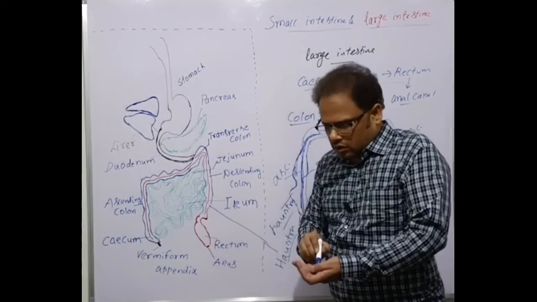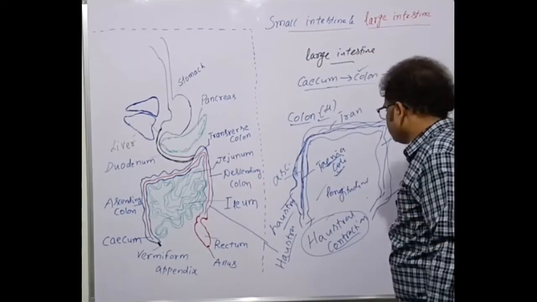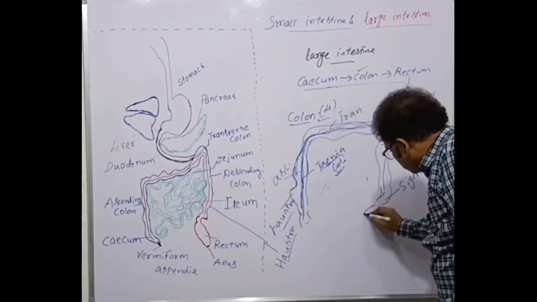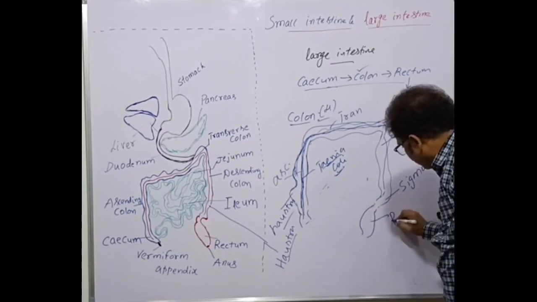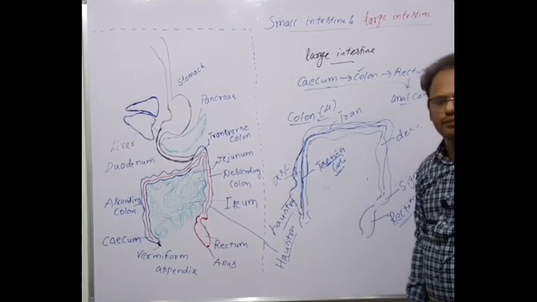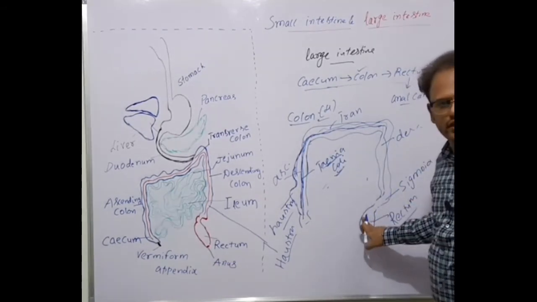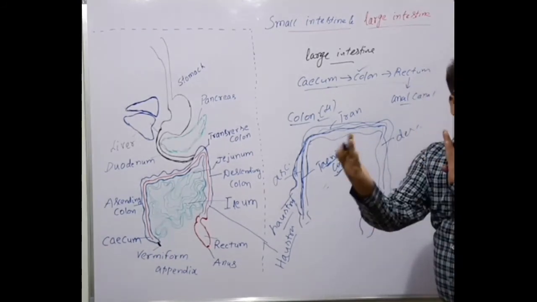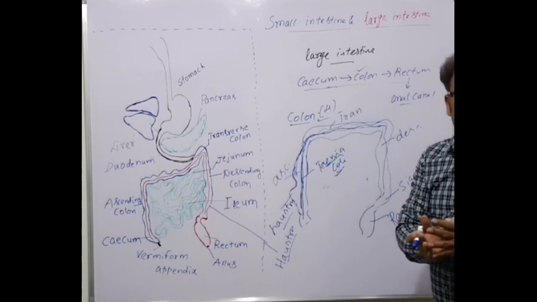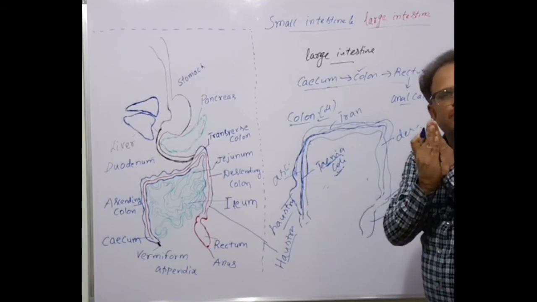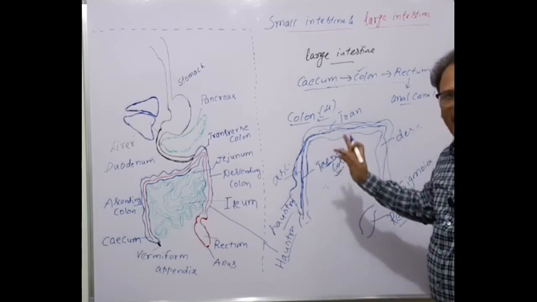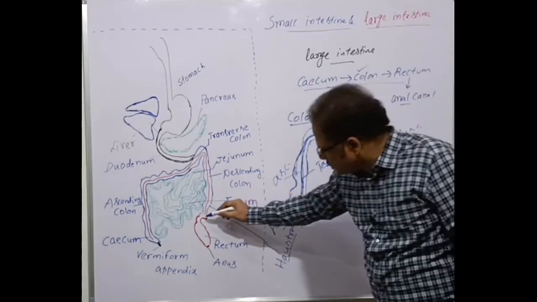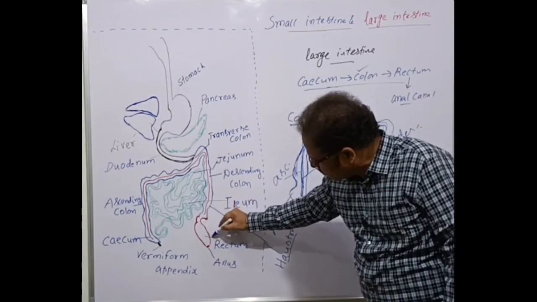Now let's get back to the rectum. Here is a small dilated sac-like structure called the rectum. A very small structure which is continued from the sigmoid colon is called the rectum. The last part of the large intestine is the rectum. And the rectum is a dilated sac-like structure. What is a sac? A bag-like structure. What is dilated? An expanded structure. It is a very short structure. This red color which is drawn here is called the rectum.